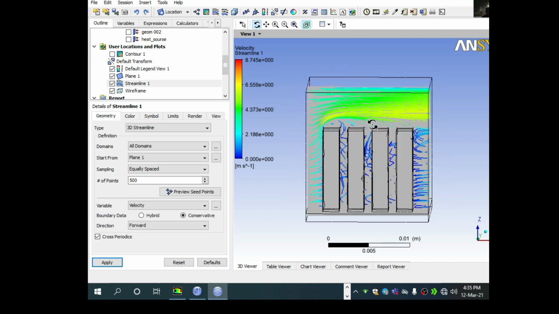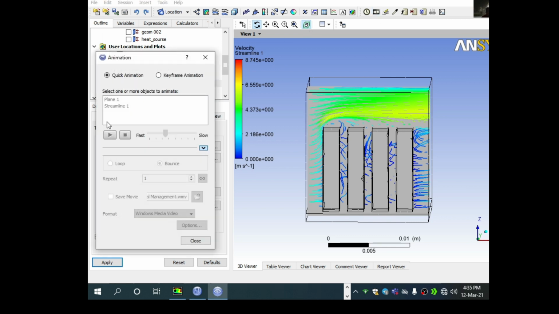You can simulate here. You can see animation also. Yeah, so it's nice. So there is less possibility of air moving inside between two fins, because our arrangement is different, that is the inline arrangement. That's why there is less heat transfer, less thermal management, or you can say it is a less efficient fin, which is inline.